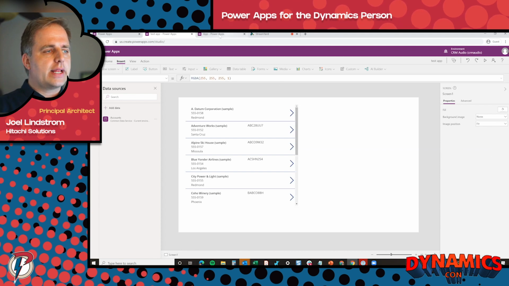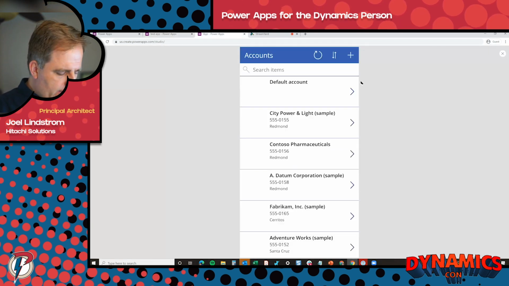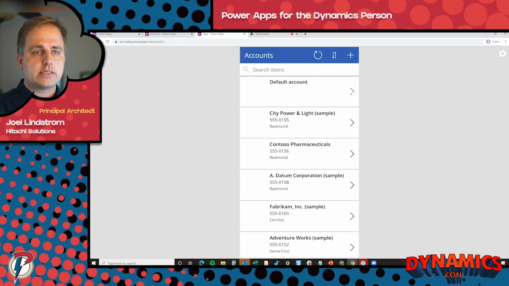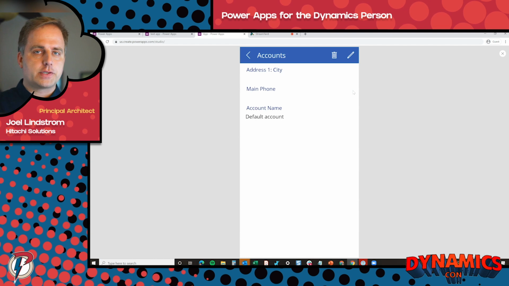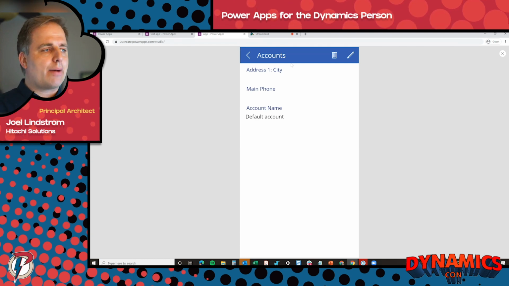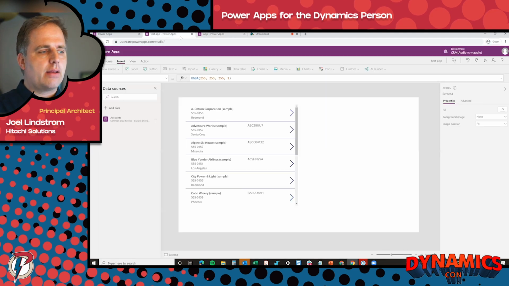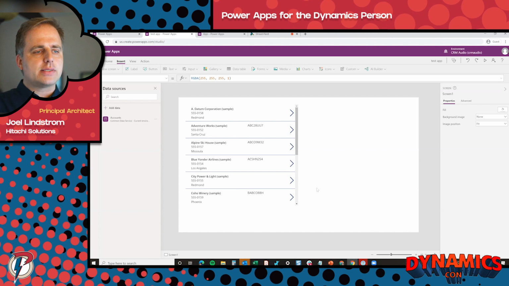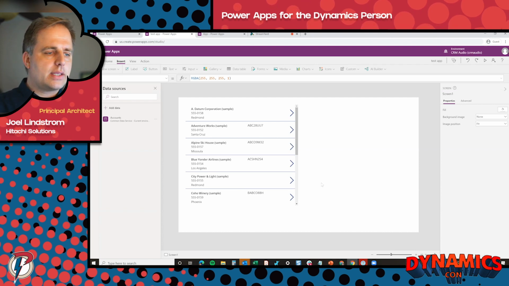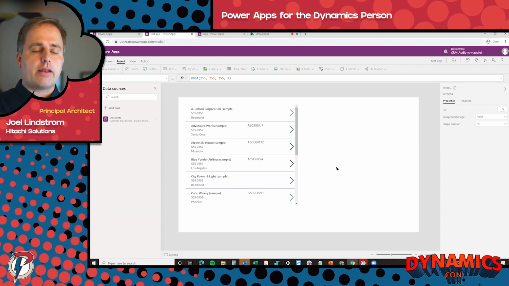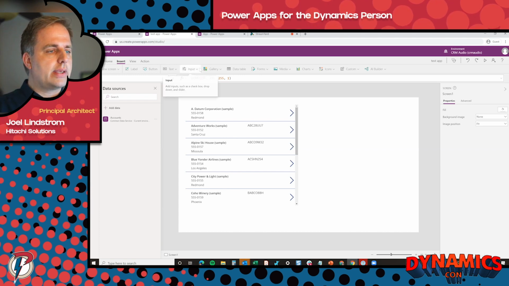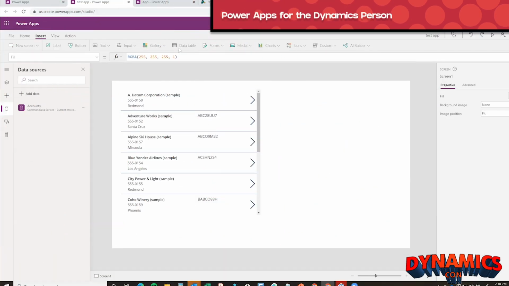So the other thing is when you're getting started, you'll see this and say, okay, if I want to have this where it starts here and then goes to that screen, I need to do that all on different screens, which I think is okay for a phone app. But when I'm in a tablet app or I want to see it all on one screen, you've got a lot of real estate here to work with. So one thing I like to do is kind of mimic the quick create form. And what you might not realize is you could actually put a form on the same screen.